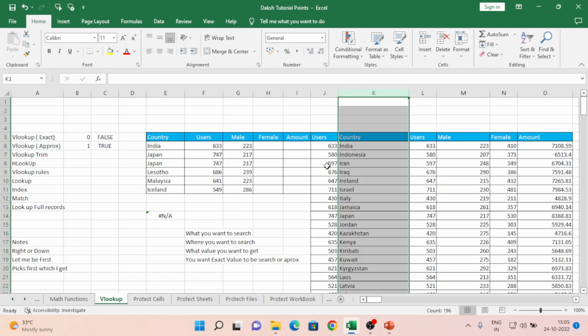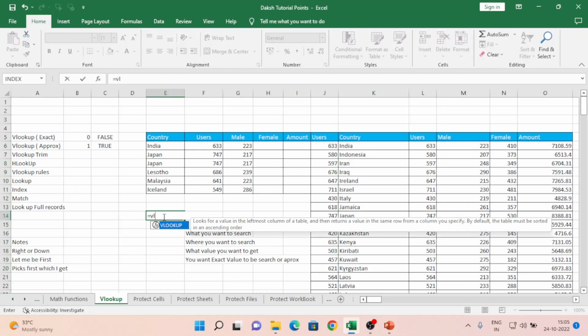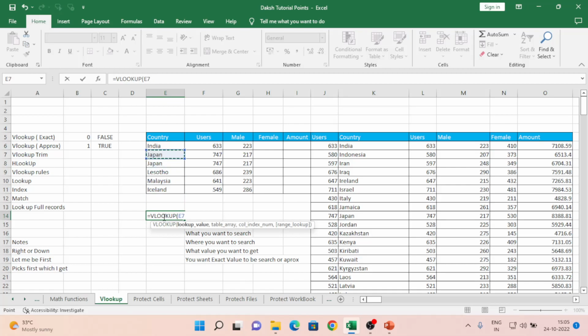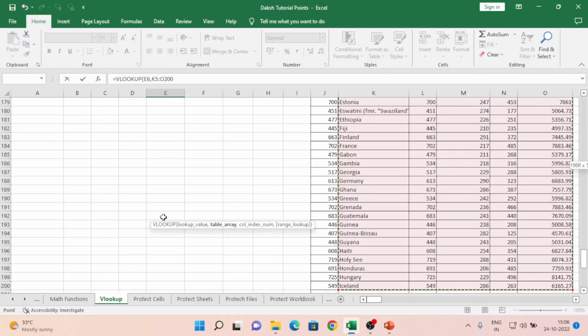So whatever value we wanted to search, it should be present in the range we are going to select, and it should be the first column. So VLOOKUP, I am selecting this one, comma, and putting here. This should be the way. Okay, this is the way. My country name should be here. So whatever value I am going to search, it should be the first column of the